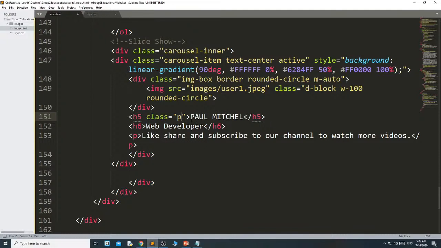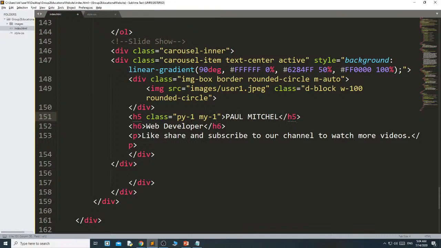Like that, if you want to give padding only from left and right, then you can write px. Px means left and right, py means top and bottom. Now I want padding from top and bottom 1, then margin from top and bottom 1.